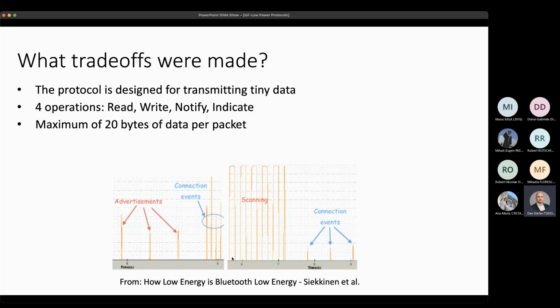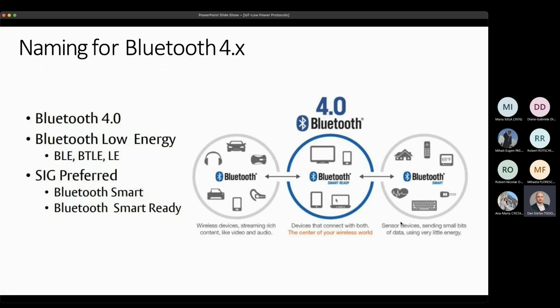So you're not continuously transmitting over the channel; rather, you're transmitting in bursts and then going to sleep, and then transmitting in bursts again, and so on. So it's a scheme where you duty cycle the radio transmitter a lot in order to obtain very good current consumption. The naming for Bluetooth 4.x is officially Bluetooth Smart or Bluetooth Smart Ready,